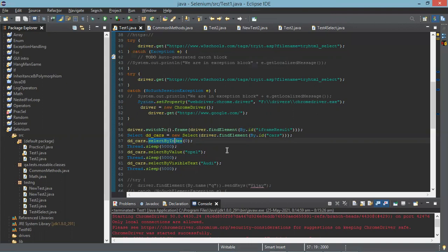On an ID attribute. On line number 56, you have an ID attribute for cars. So what you can do is say select by index using ID. With ID, you can have any naming convention.